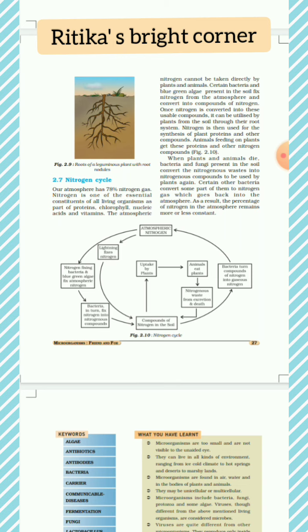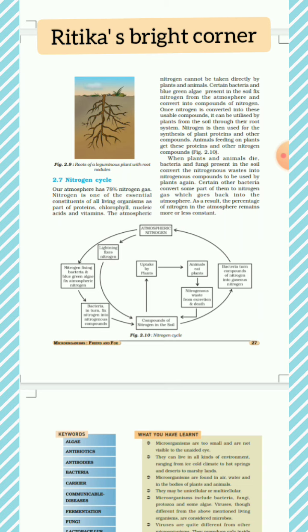Certain bacteria and blue-green algae present in the soil fix nitrogen from the atmosphere and convert it into compounds of nitrogen. Once the nitrogen is converted into usable compounds, it can be utilized by plants from the soil